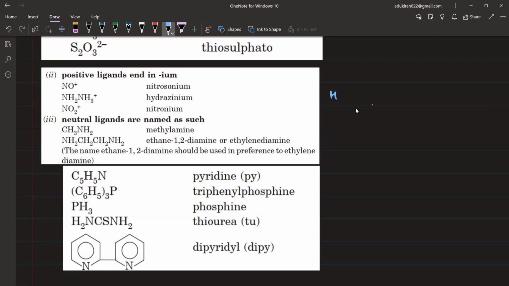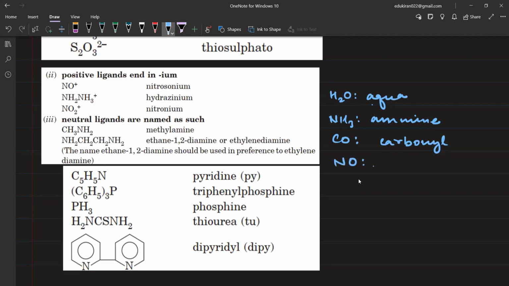इसमें मान लीजिए आपके पास H2O है, then it is named as aqua in neutral. If you have NH3, then it is named as amine. If you have CO, तो ये कार्बन मोनोऑक्साइड नहीं है, this is carbonyl. And what else can we have? NO is nitrosyl. Then we have CS. This is thiocarbonyl. Okay, इनको भी लिख लीजिएगा न्यूट्रल लिगेंड्स केस में. Okay, now you can take a screenshot.